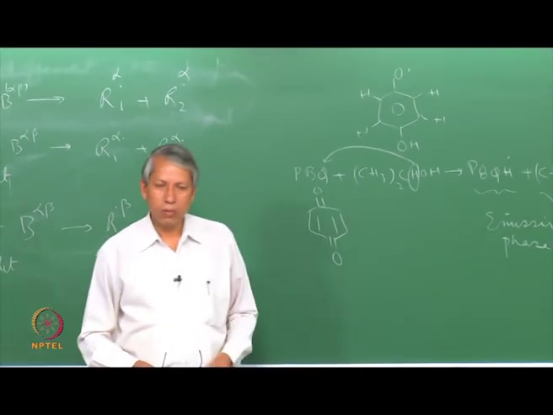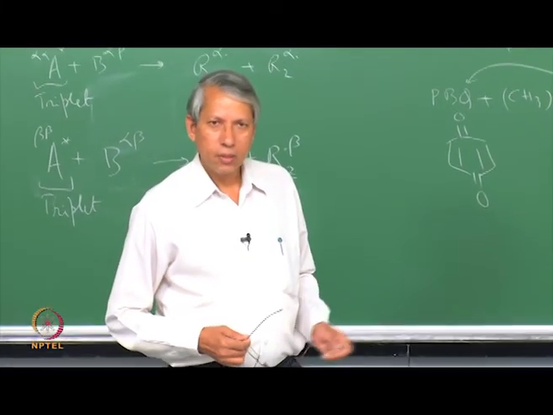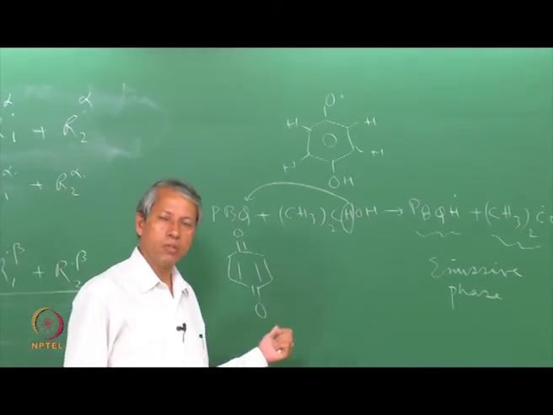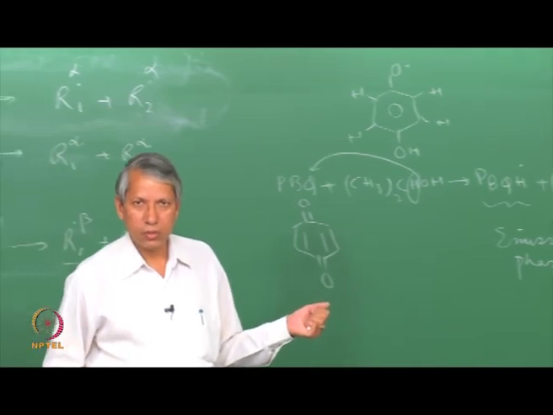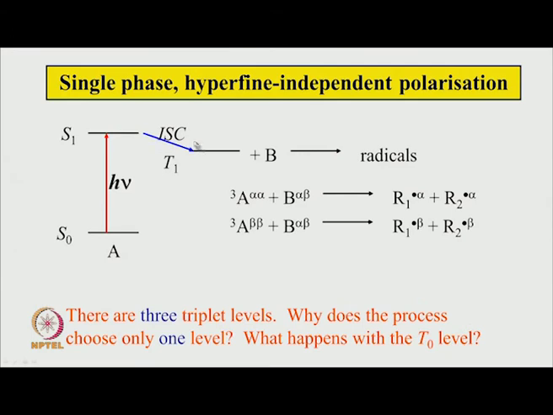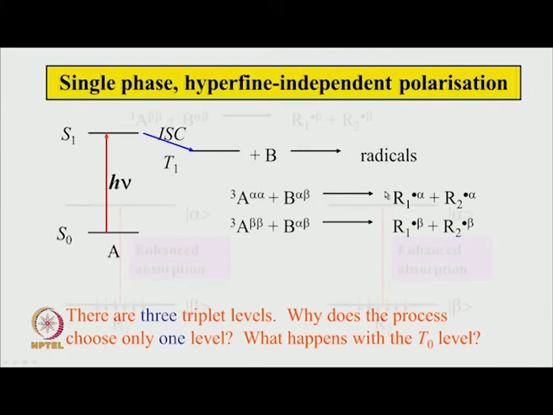So, you see how the involvement of various photophysical processes is necessary to have this sort of polarized spectrum here. Turning it around, how much you can learn about the involvement of various photophysical processes when you see an EPR spectrum of this kind. Now, the triplet level, as the name suggests, has 3 levels present there. Now, why does only one level react? For example, to give an emissive signal, only one of them is reacting here, not all, why not all 3 of them? Why does the process choose only one level?